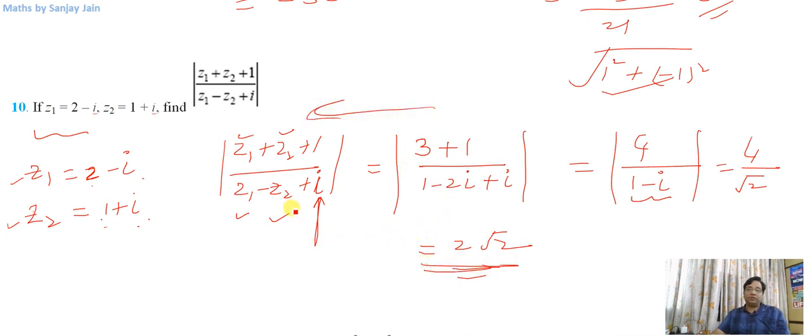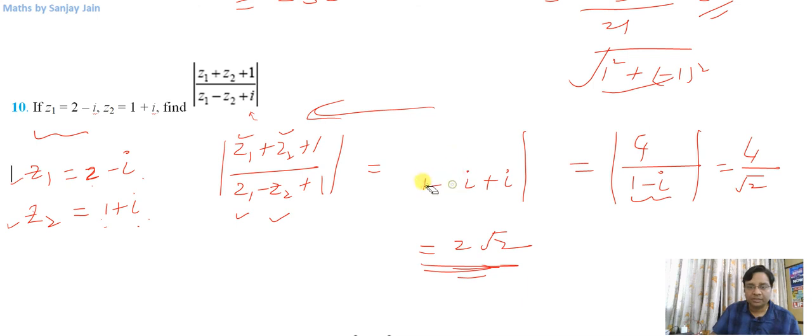Now let us check for the question where this iota is not there and there is 1 here. Okay, so what I am saying is, if I replace this with this question here, 1. Now what will be the solution? It will be a little different. Otherwise the concept will be exactly the same, right? Answer will be a little different. So let us check.